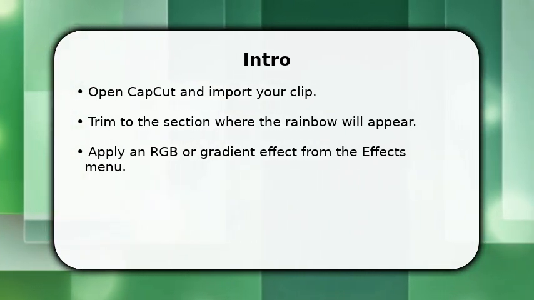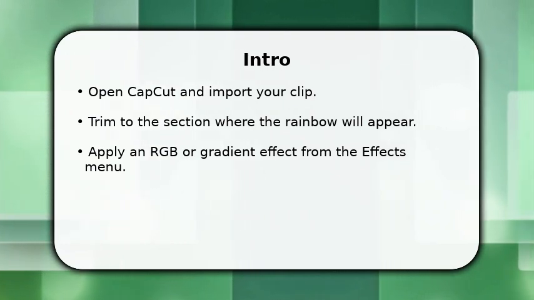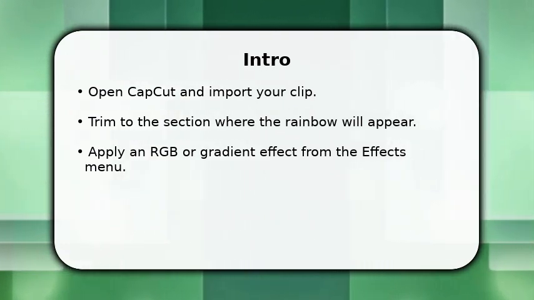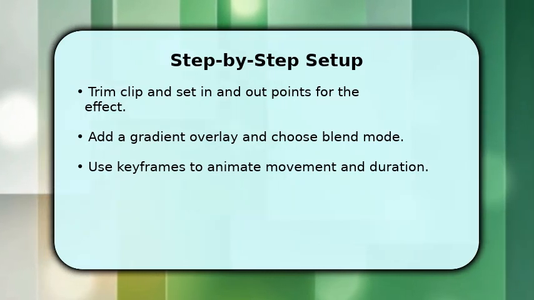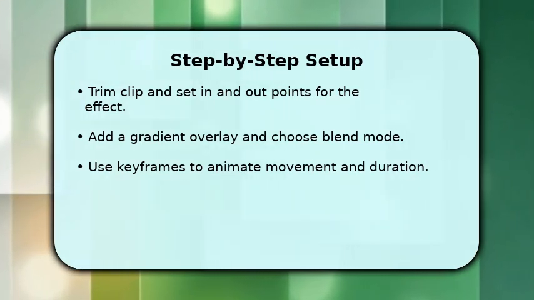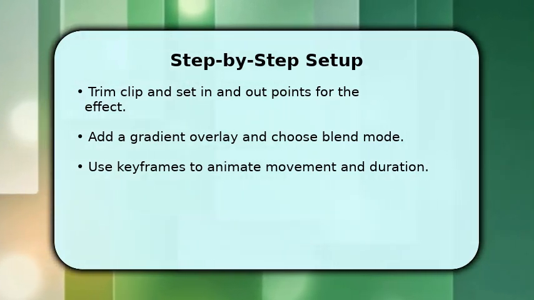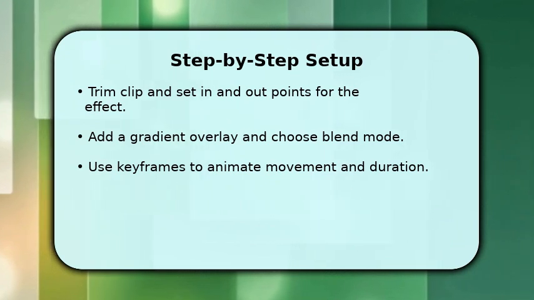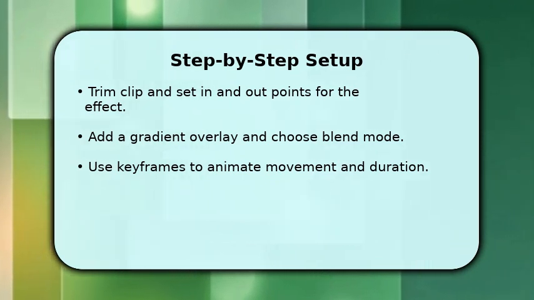Export a short test, tweak colors as needed, and save a preset for faster future edits. Start by trimming your clip to the exact area where you want the rainbow to appear. Tap Effects and browse Colorful Overlays or RGB split options, then add a gradient overlay and set the blend mode